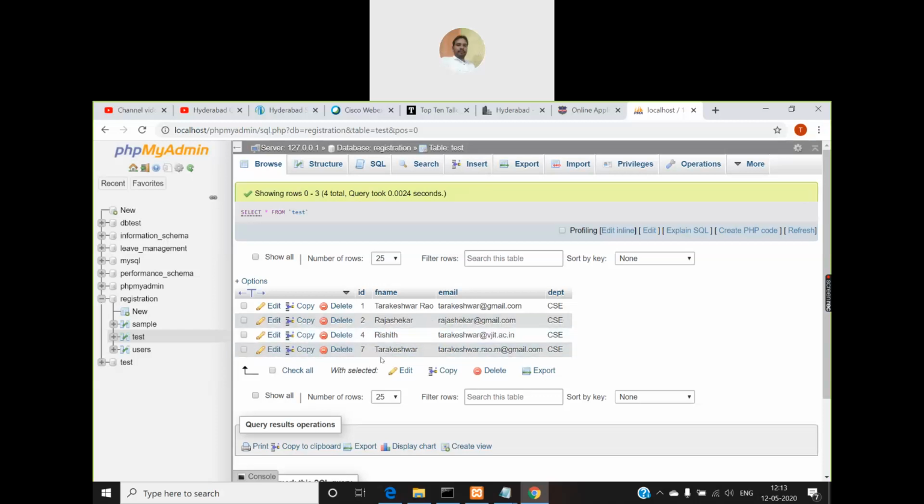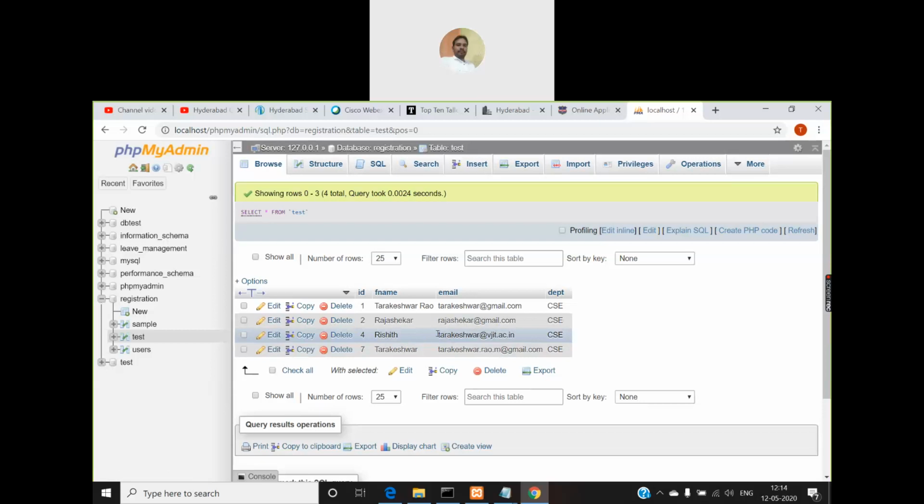So what is the previous value? 7. Now we must get a new record with its ID value as 8 here. If I have deleted any other values with ID 8 or 9, then it will be after that value. But if you look at the email field, which is a unique field, we have in the database already tarakeshwar@gmail.com as one email ID and Rajshekhar. So my email ID will not conflict with this, but the fourth one,